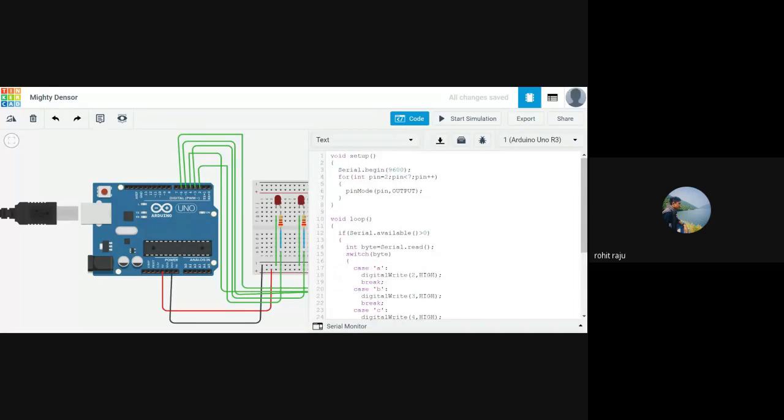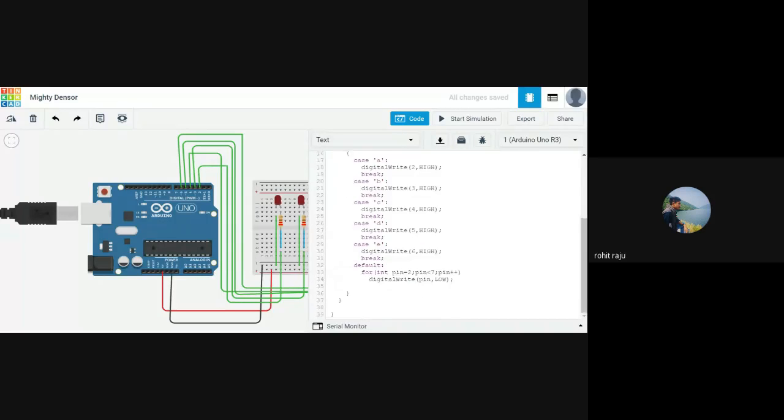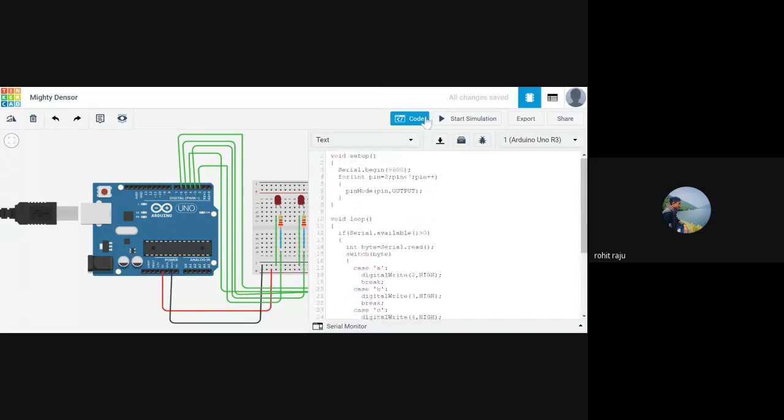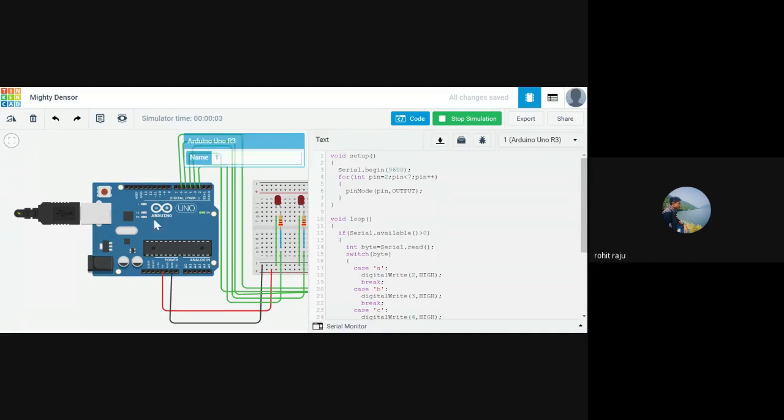So let's see if this works or not. If there are some errors, then it shows up. That won't be a problem. Let's start simulation. Yeah, the simulation started.